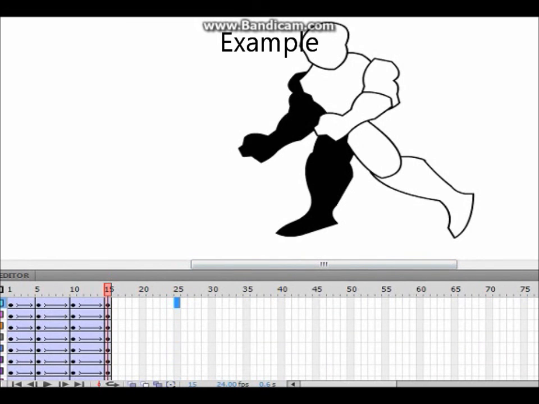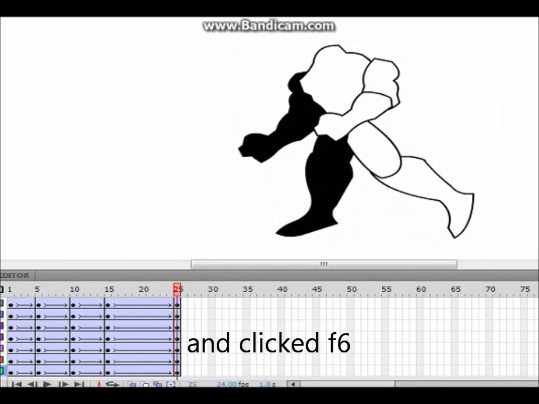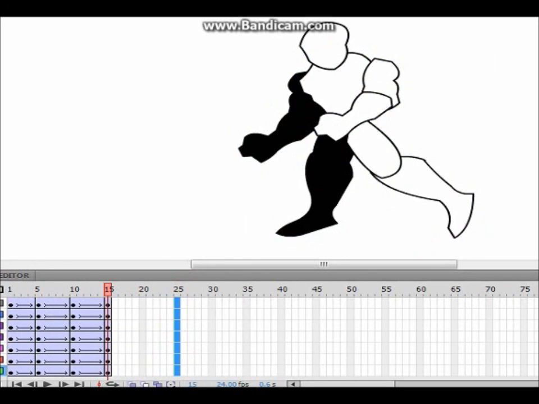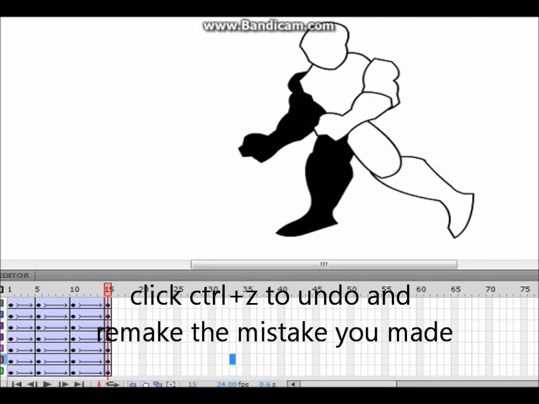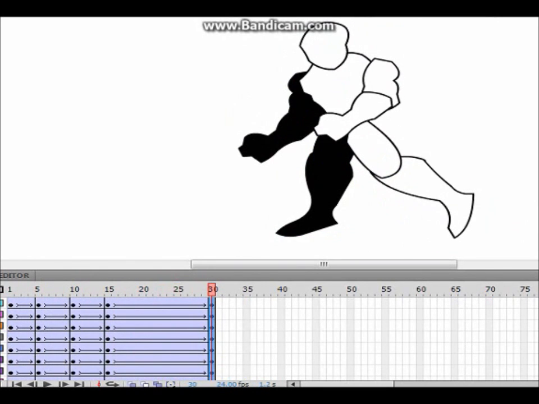Example, you missed the head like this. F6, the head disappears. You need to control Z to undo, and then highlight all of them, and then F6. See?